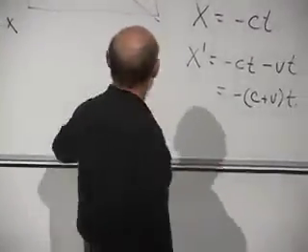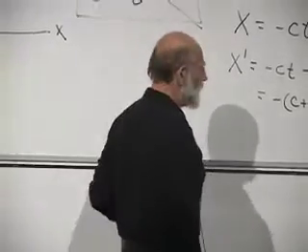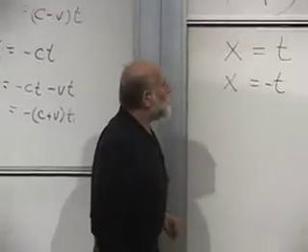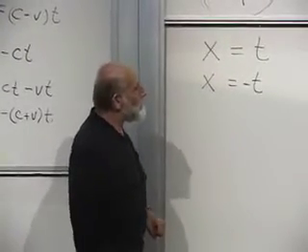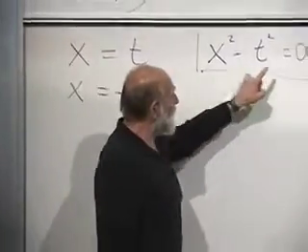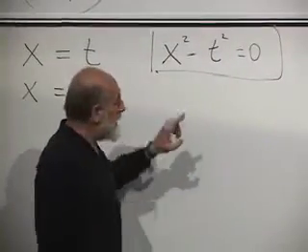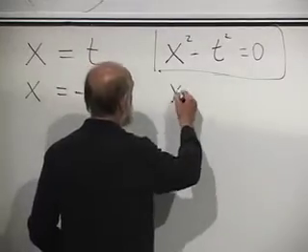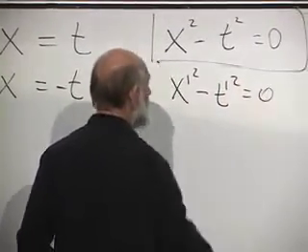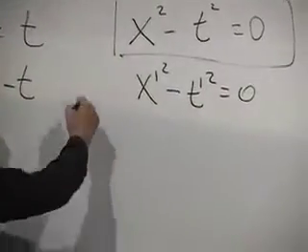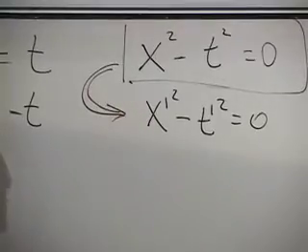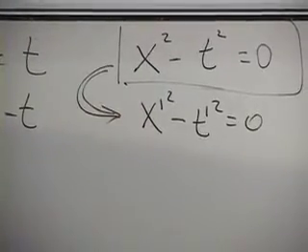Supposing we found a new set of rules, a new set of transformation properties, which had the property that if x squared minus t squared is equal to 0, then we would find that x prime squared minus t prime squared is equal to 0. In other words, supposing this implied this, and vice versa,